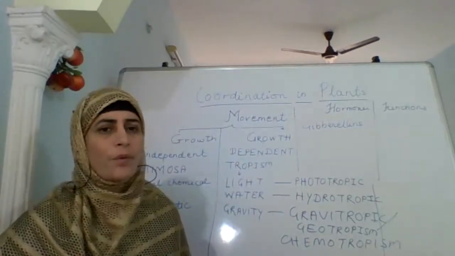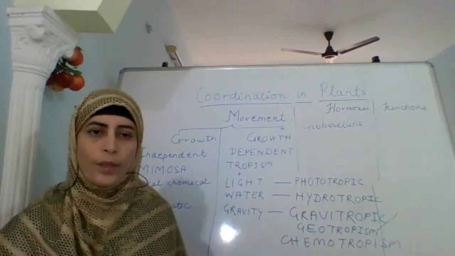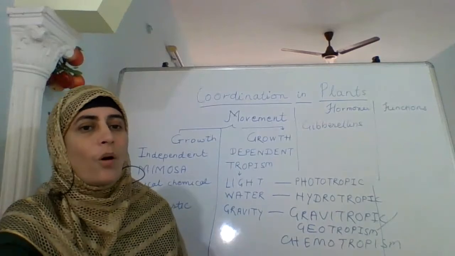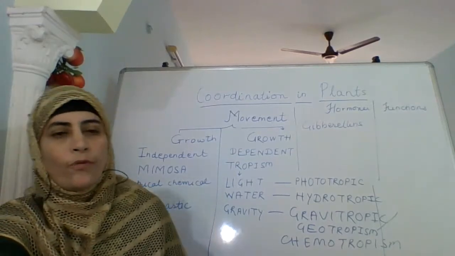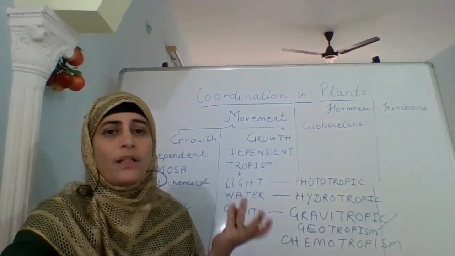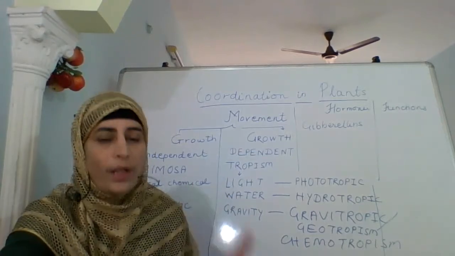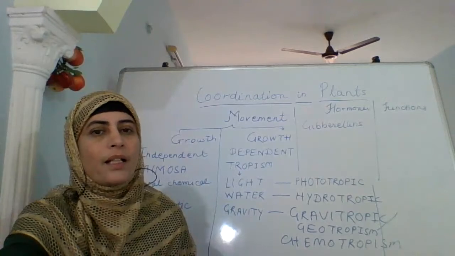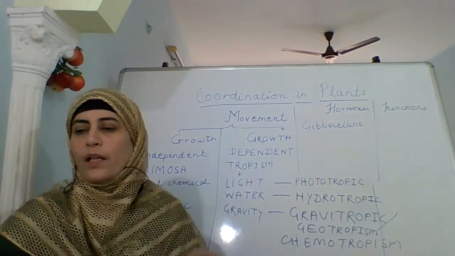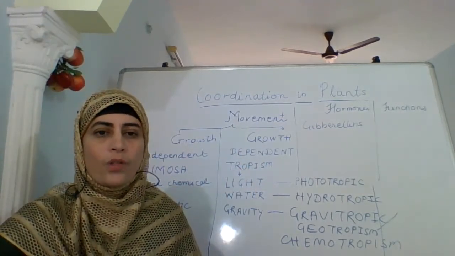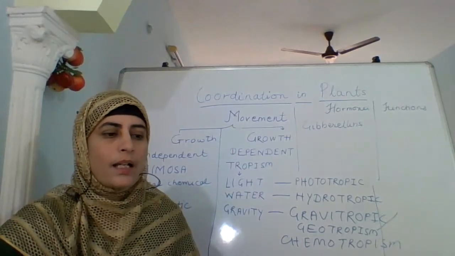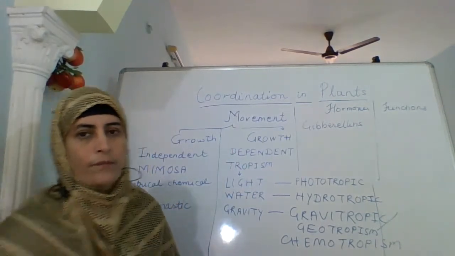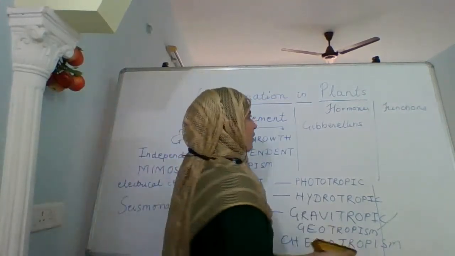In plants, when we talk about growth, there are different movements which depend on these things, plus certain hormones which are also responsible for the movement in plants. These could be cell growth, cell division, the building of the leaves, the stem growth. All this is because of these hormones. The first one is gibberellin. It helps in the growth of the stem.